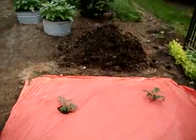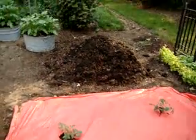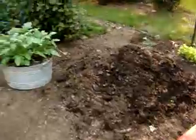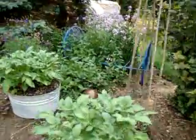That compost pile, I'm using it. It's almost done. It's not really fine black dirt, but it's decomposed enough that I'm putting it in the bottom of some of the pots. So I hope you enjoy